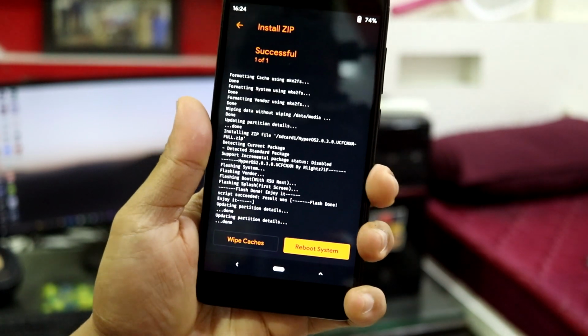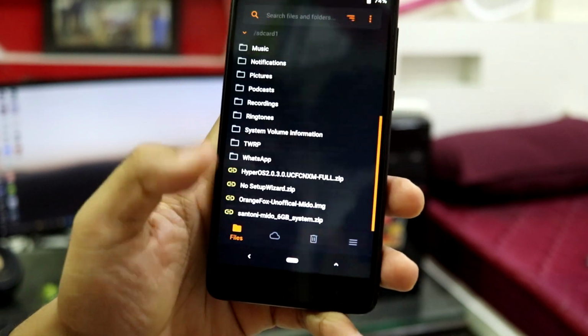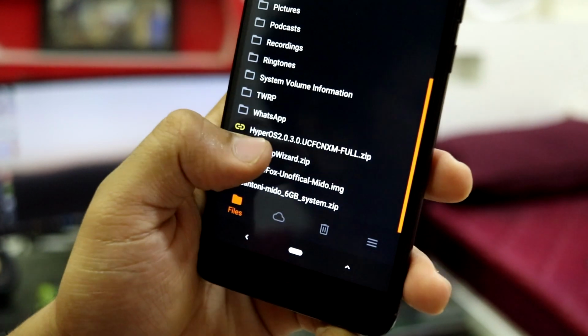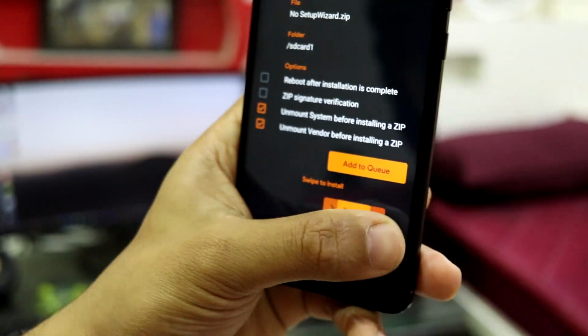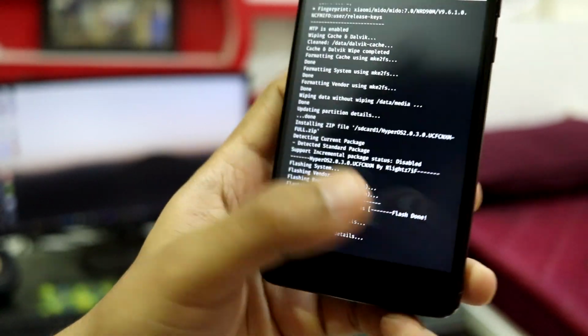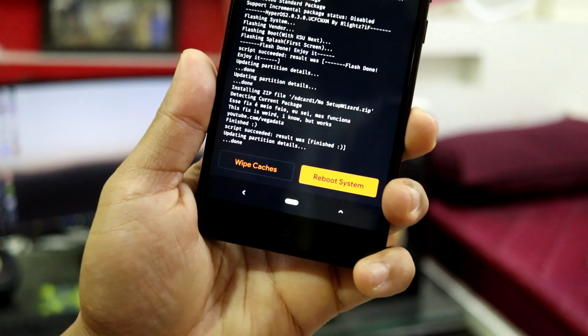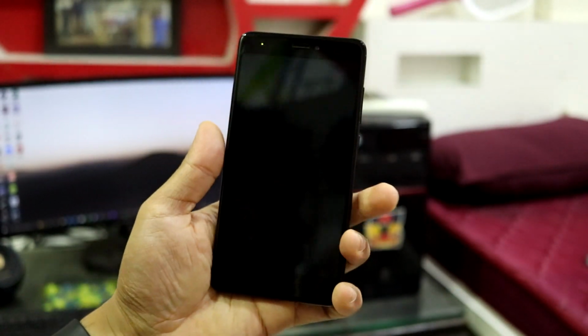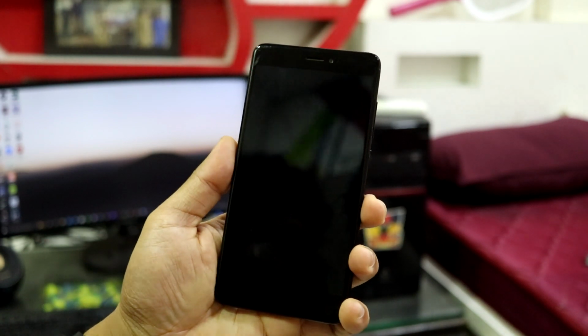So guys, as you can see, the HyperOS has been installed. Now let's go back, and you have to flash this No SetupWizard zip and just get along with this. Okay, yeah, that's it, it's done. Just reboot system and you will have Xiaomi's HyperOS